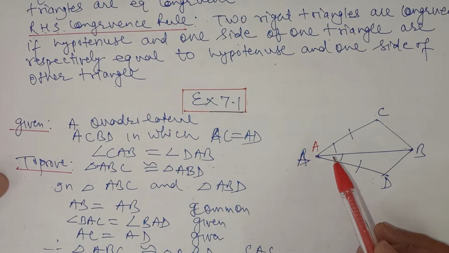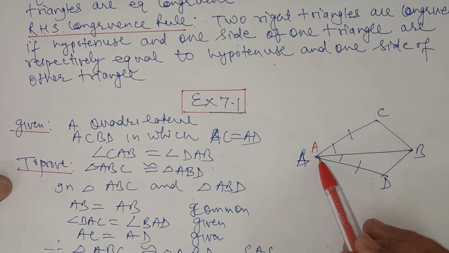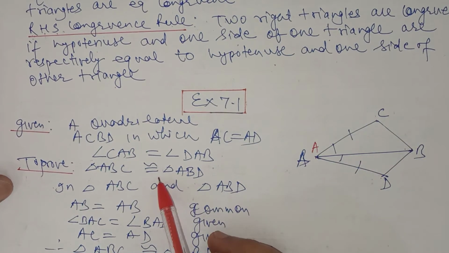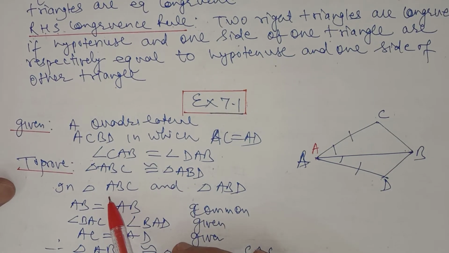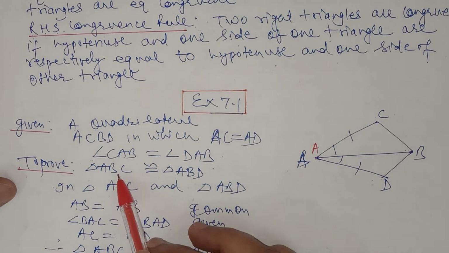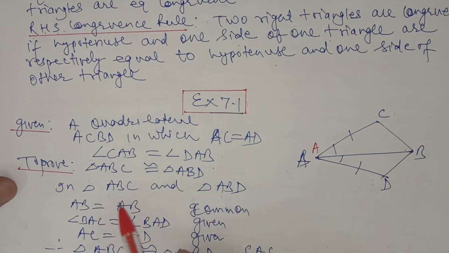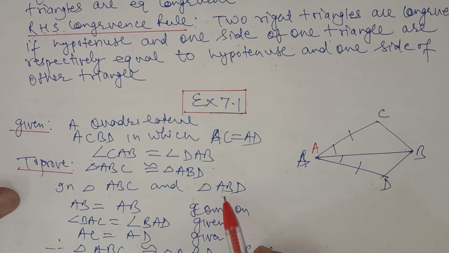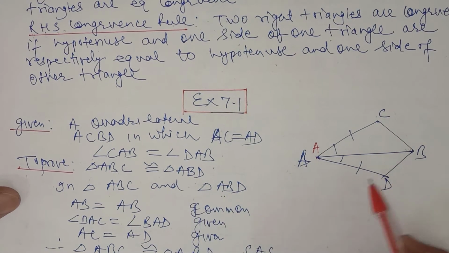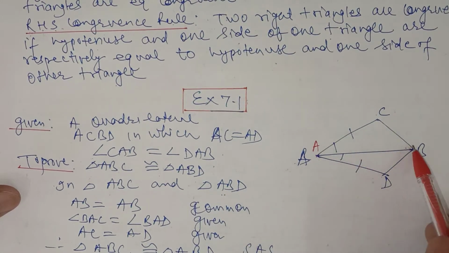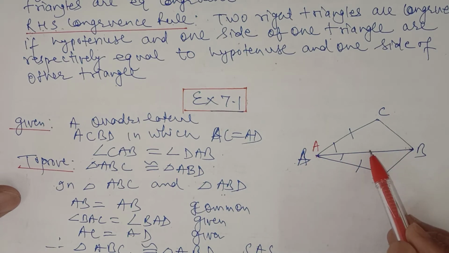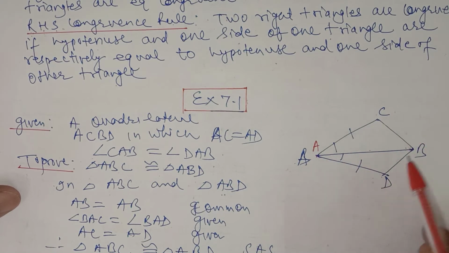Now we are proving that triangle ABC is congruent to triangle ABD. So you have to write like this: in triangle ABC and ABD. You have to write in the beginning in which triangles you are working. So I am taking triangles ABC and ABD, in which AB is equal to AB, common, and angle BAD